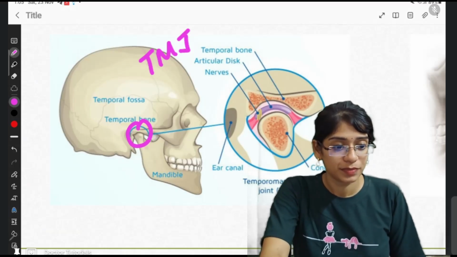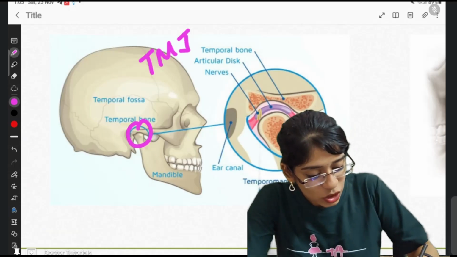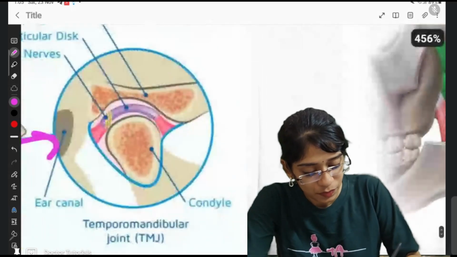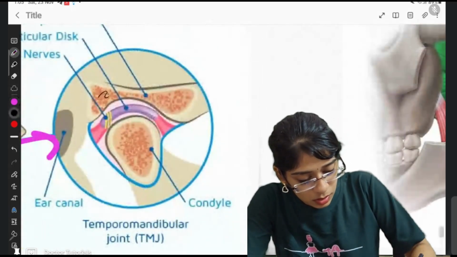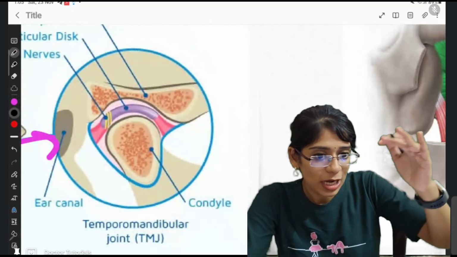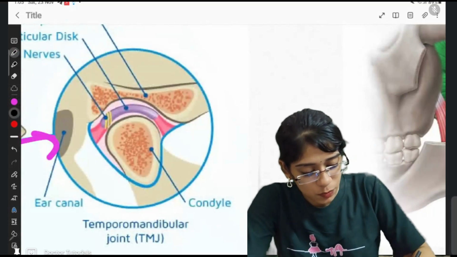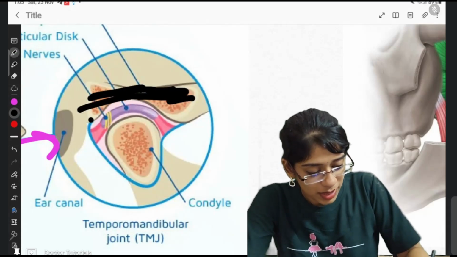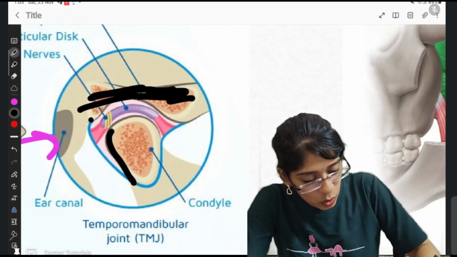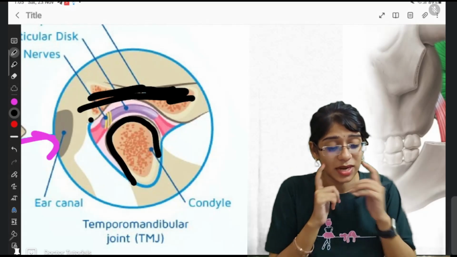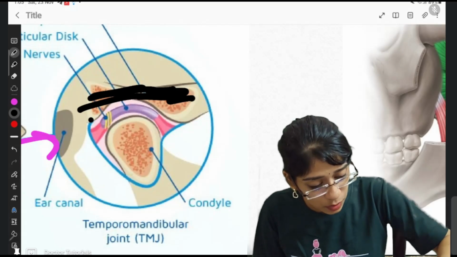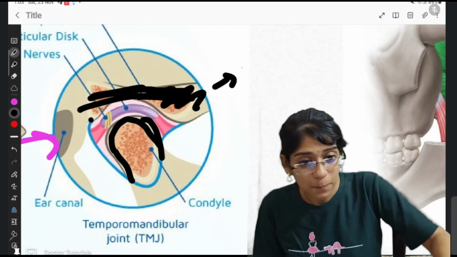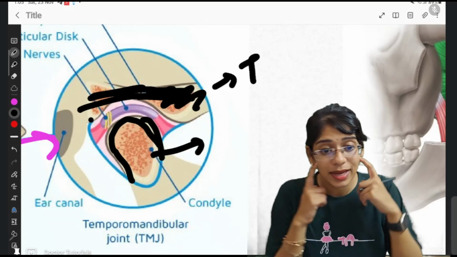Temporomandibular joint. Now, if I enlarge this temporomandibular joint, see this picture here. In that temporomandibular joint, what are the parts? See, the upper part is definitely the temporal bone, right? And below, I told you the mandible has two processes, right? So this is a condylar process. Above is the temporal bone, below is the condylar process of the